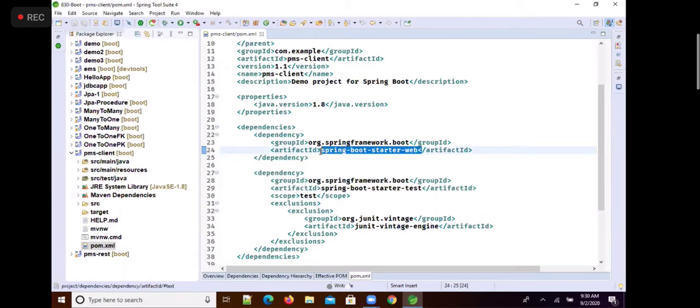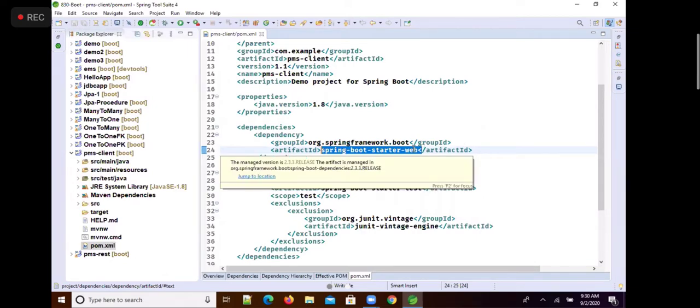Actually web dependency is required because this web dependency includes REST template, Jackson data bind API for serialization, for serializing the object, for deserializing the object. So this dependency is required, sure. But actually it also includes Tomcat as a default server. It embeds Tomcat as a server.